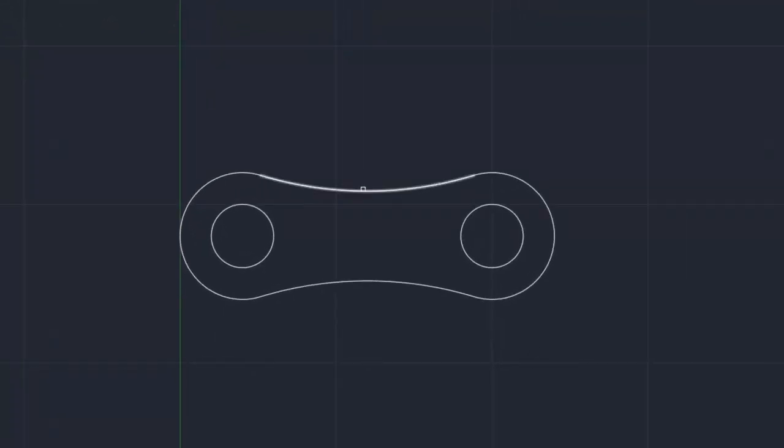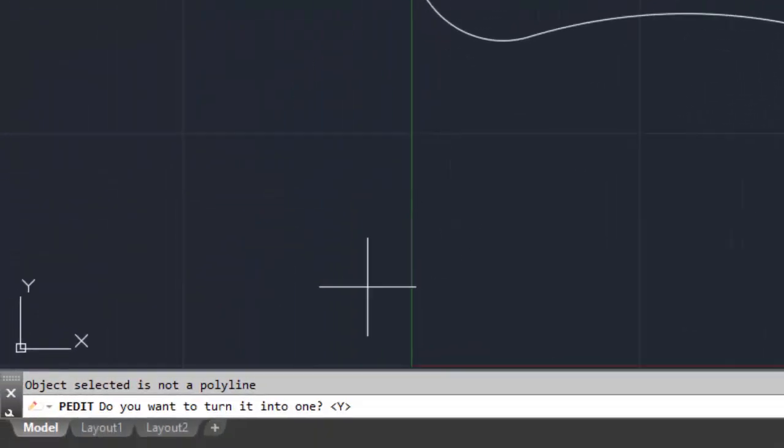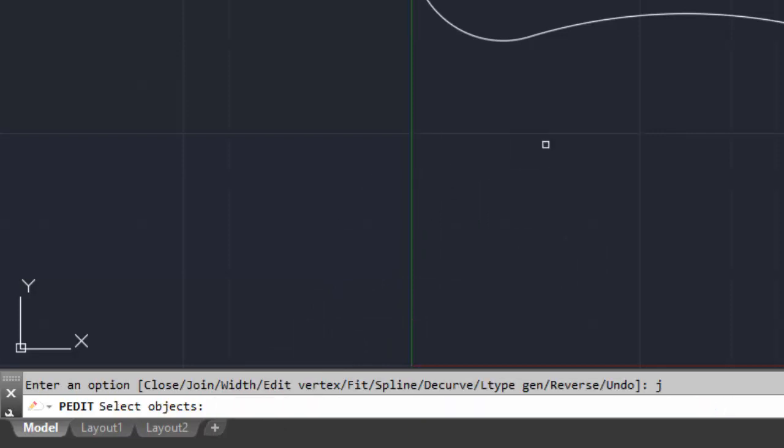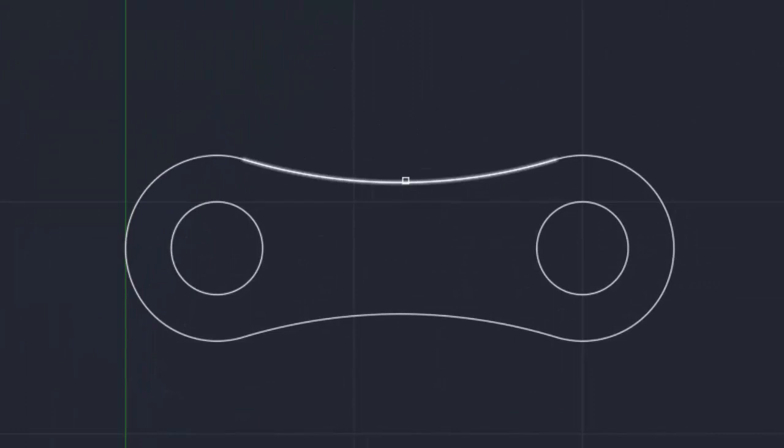So I'm going to left click one of these lines. It states, do you want to turn it into one? So it's edit, it's a polyline. It's obviously not seeing that as a polyline, it's seeing it as an arc. So I just hit enter, because yes is the default option there. And then I can either hit that or just say J, enter. Okay, so I'm going to join it, and then I'm going to pick all 4 parts of the outside profile